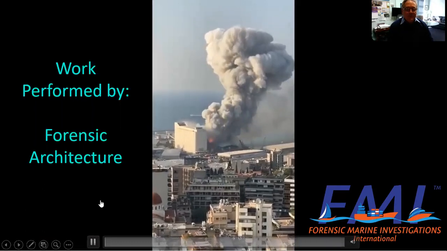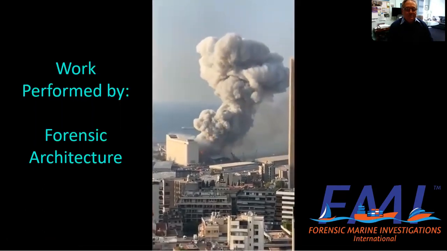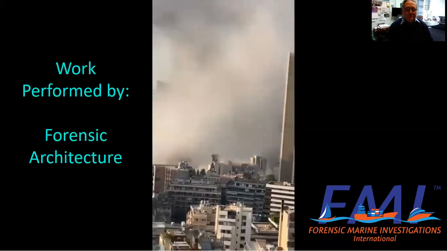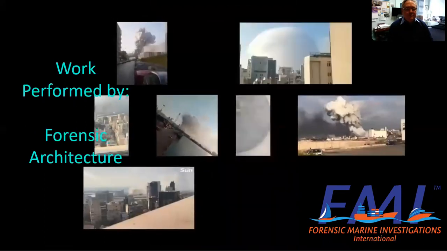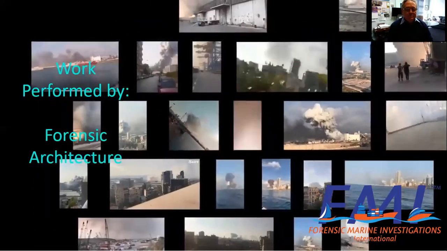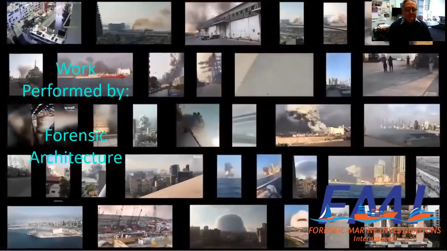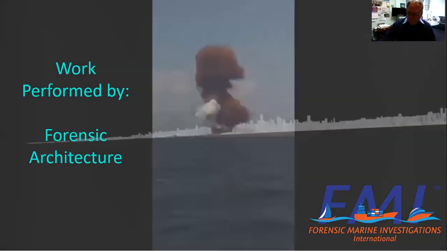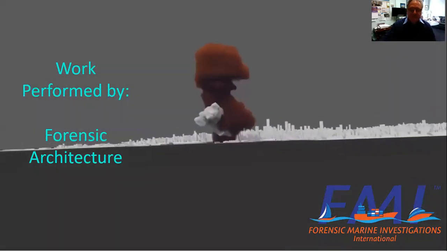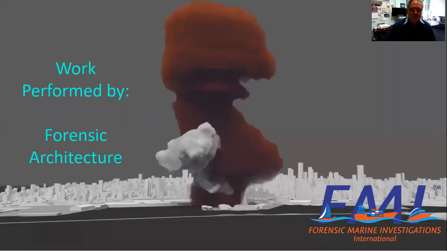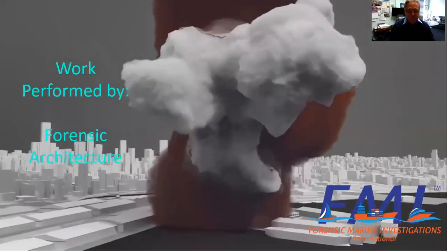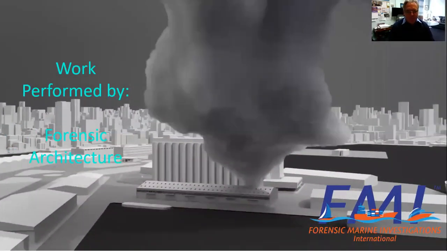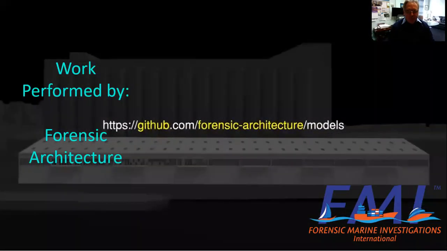Okay, Mike. Shortly after 6 p.m. on August the 4th, an explosion ripped through the port of Beirut. It killed more than 200 people, wounded over 6,500, and destroyed large parts of the city. Forensic Architecture was invited by Madame Mass to examine open source information, including videos, photographs, and documents to provide a timeline and a precise 3D model to help investigate the events of August the 4th. The model is available via this link.